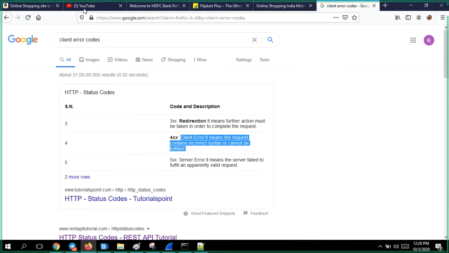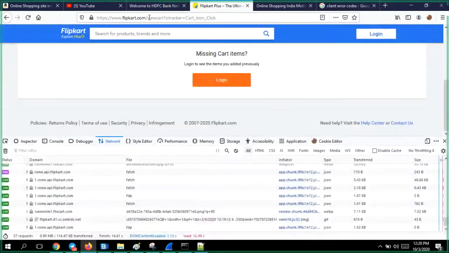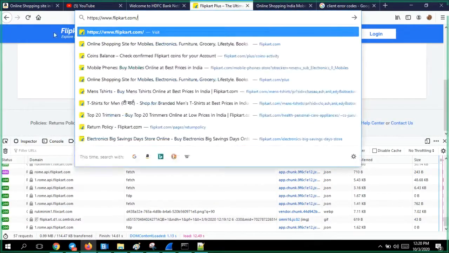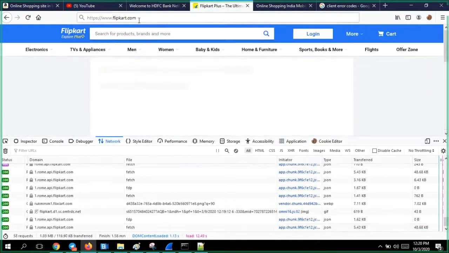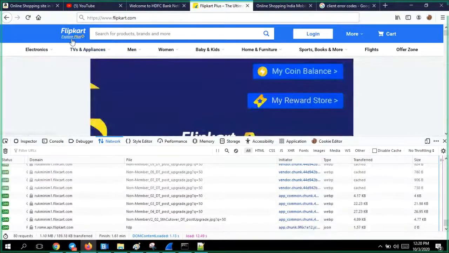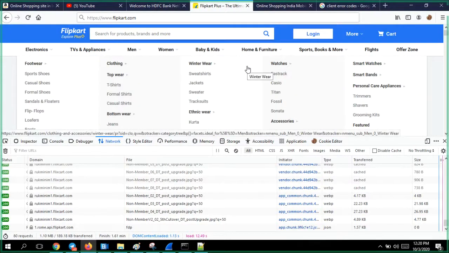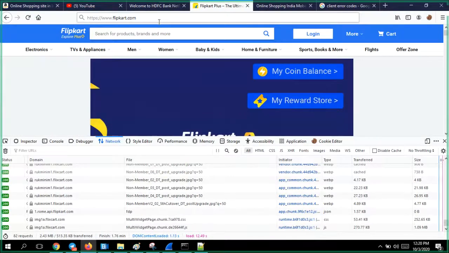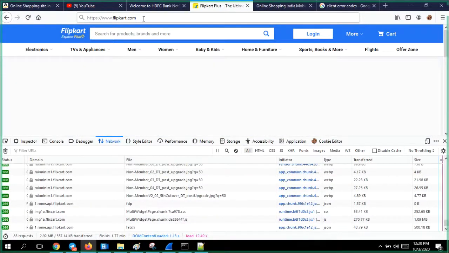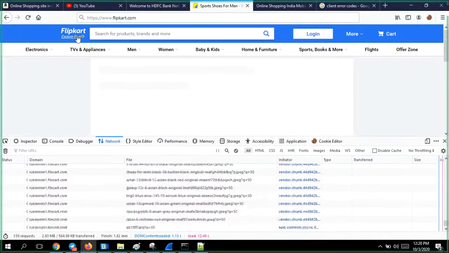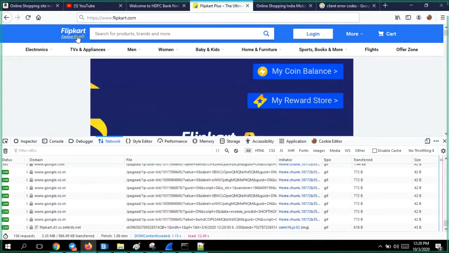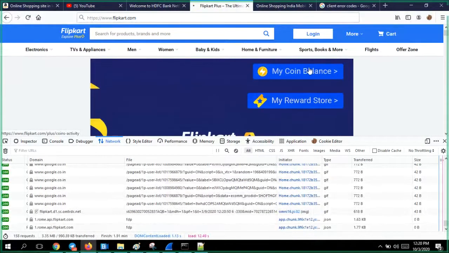Even though Flipkart might have a web page, for example, I'll take this Plus, or click on this coin thing.